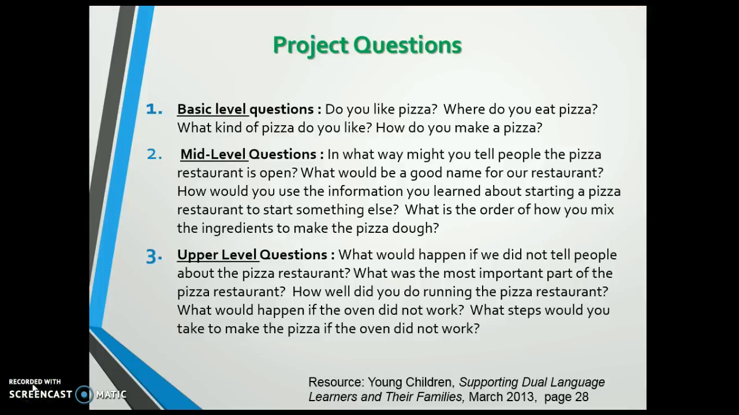So here we're in part B of question 4. And I was just wondering, how do we get information from the children for that KWL chart when we do a project approach? Well, some basic questions would be like, since we're talking about a pizza project, do you like